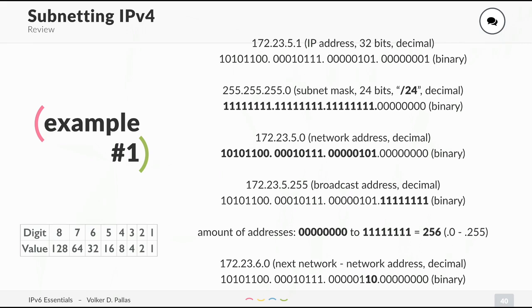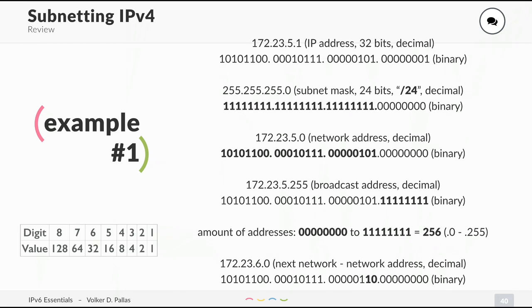I also wrote down the binary notation. So the network mask is 255.255.255.0. It's 24 bits and can also be written as /24. I also showed you the binary notation of the subnet mask, which is 24 bits of 1 and 8 bits of 0. These 8 bits are the host part and the preceding 24 bits are the network part. The network address is the first 24 bits of the whole address. Look on top, at the notation of the whole IP address, and we only look at the first 24 bits. This is the network address, and this results in